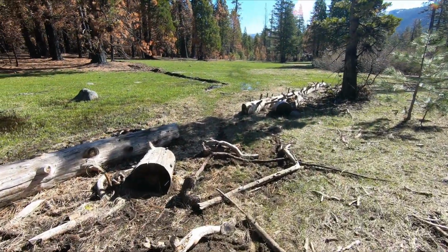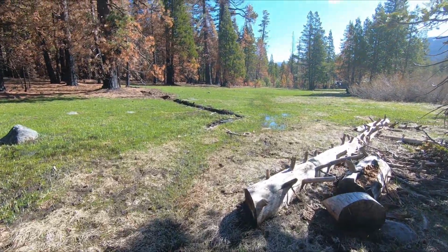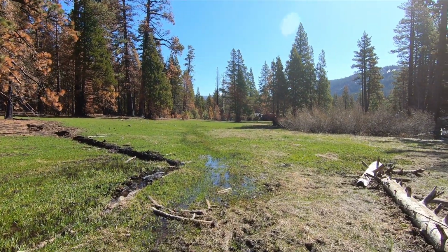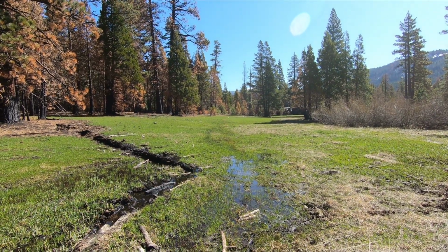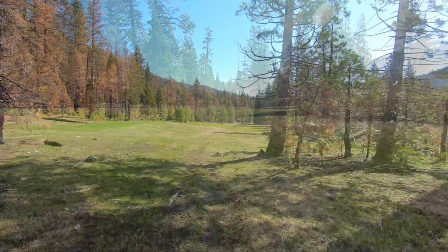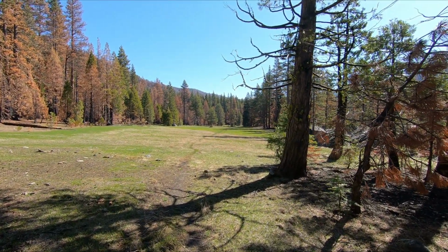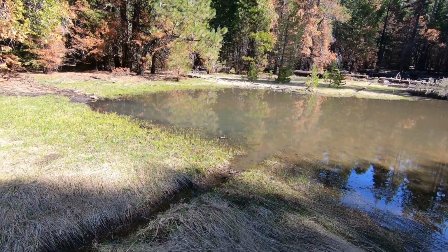See, you can see where they cut the logs. That's where the trail was originally routed through. And you can just barely see the footpath as it goes through the meadow. It's pretty much where it's wet because it's all been beat down, where that's the lowest part of the terrain. But just follow that and you'll be golden. Just keep going straight down the middle, all the way across. Okay, we've crossed the main meadow, and here we come